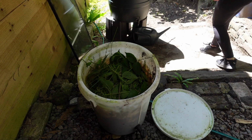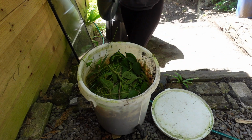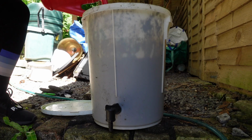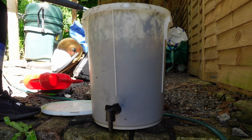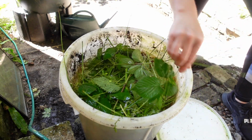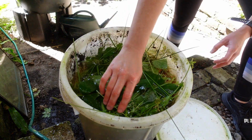Then I just put it somewhere in the shade and fill it up with as much water as I can. Usually I try and do rainwater if I can, just because rainwater is completely free from any chemicals. It will help your little brew start off a lot easier, but it will also mean it doesn't cost you anything either. So once that is filled, all you need to do is put the lid on, forget about it